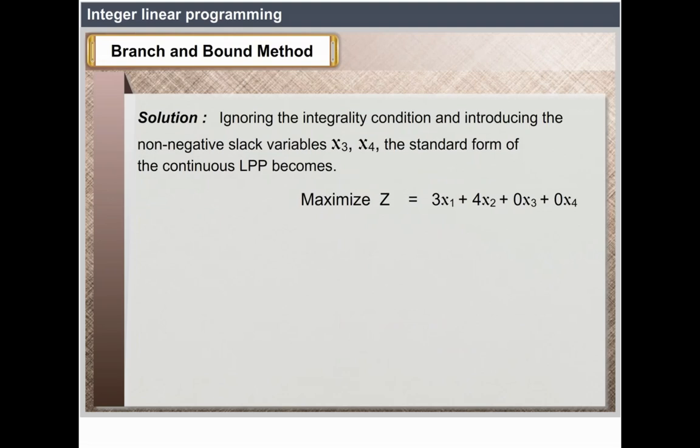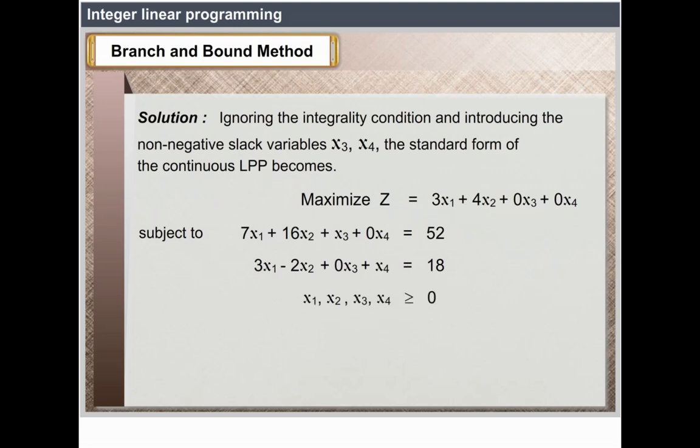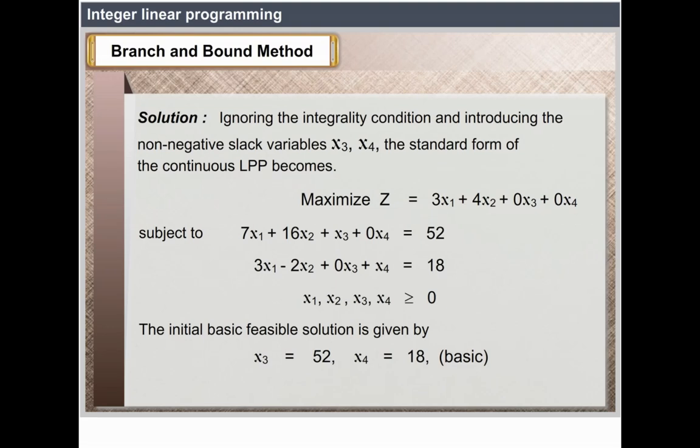maximize z = 3x1 + 4x2 + 0x3 + 0x4 subject to 7x1 + 16x2 + x3 + 0x4 = 52, 3x1 − 2x2 + 0x3 + x4 = 18, and x1, x2, x3, x4 ≥ 0. The initial basic feasible solution is given by x3 = 52, x4 = 18, which are called basic variables initially. We get the x3 and x4 values by putting x1 = x2 = 0 and taking them as